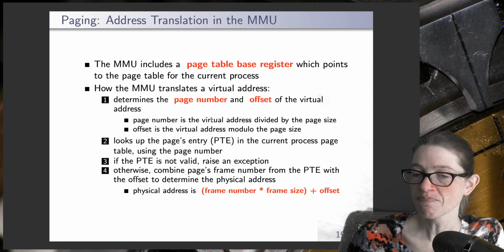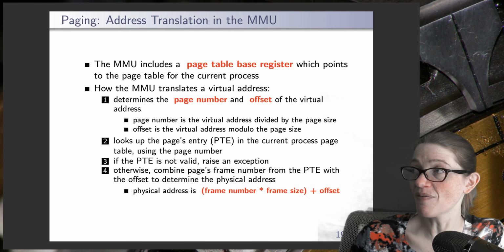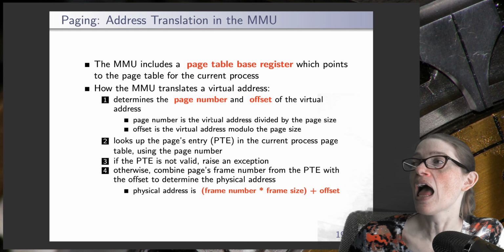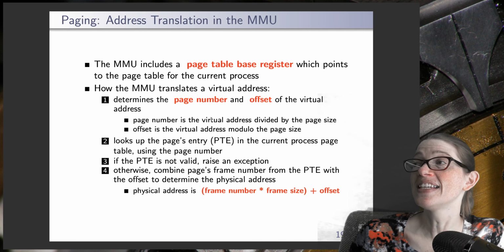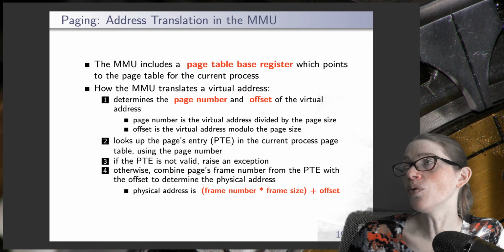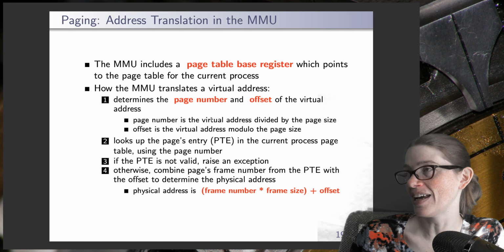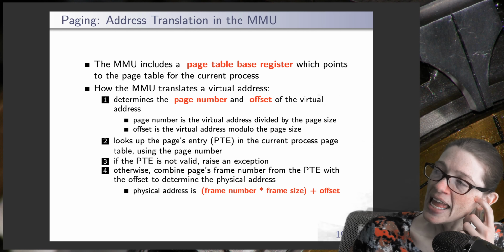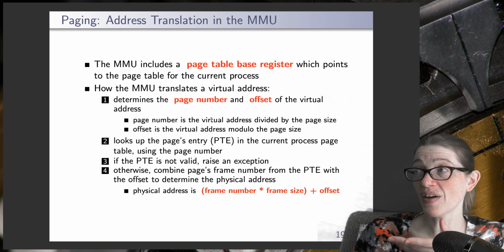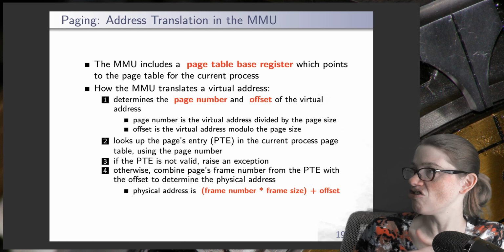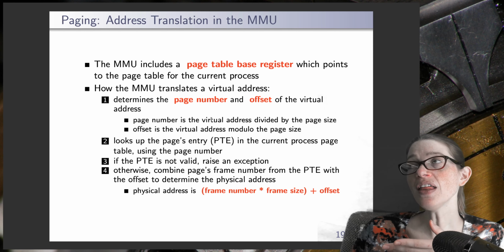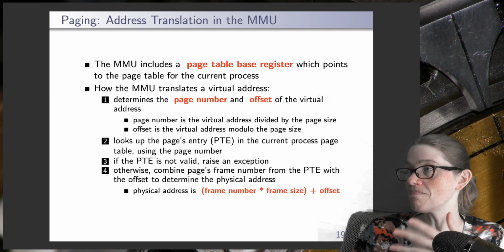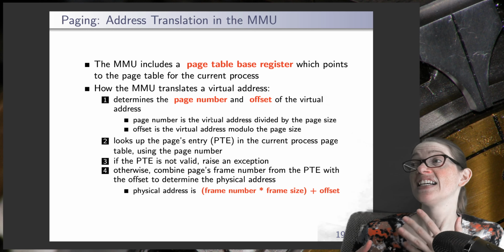this process. And inside the page table, we have a mapping, so entry 0 would be page 0, and it would contain which frame number page 0 maps to, and it would also contain a valid bit. We would look at the valid bit, and if the valid bit was 0, we throw an exception because it's not a valid page. And if the valid bit is 1, then we're going to do some magic to do